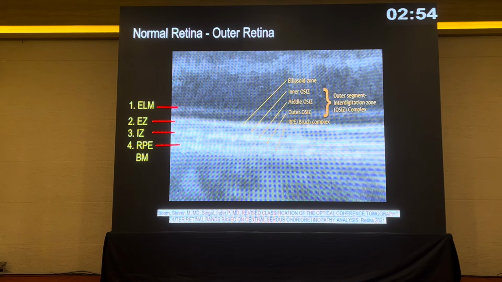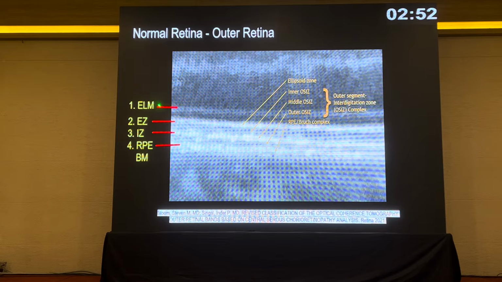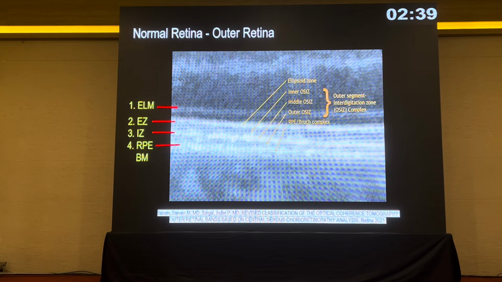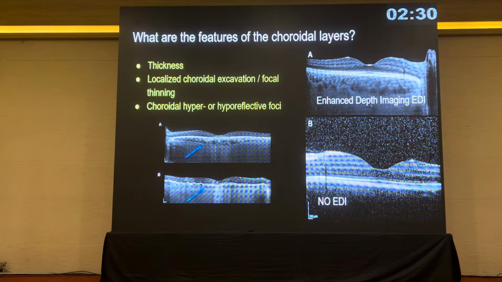Looking at the outer retina is a very important aspect because it has the external limiting membrane, the ellipsoid zone, and the interdigitating zone. The three of them constitute the health status of the photoreceptors, and any of them can get affected in a patient who has a poor visual acuity. This, along with the RPE Bruch's membrane complex, forms the outer four bands in the OCT that we see.